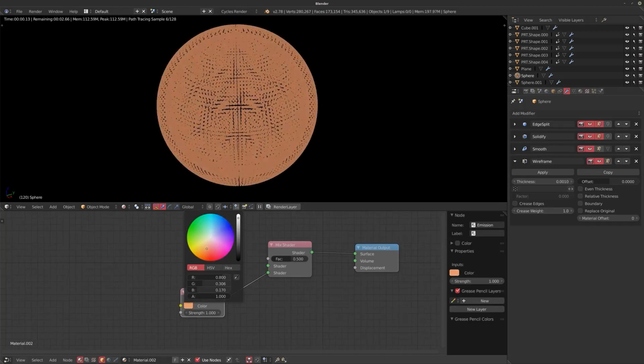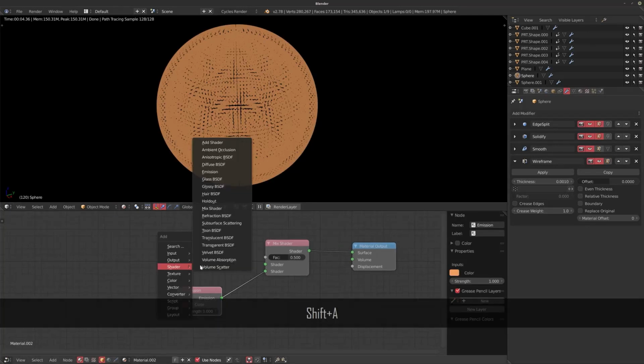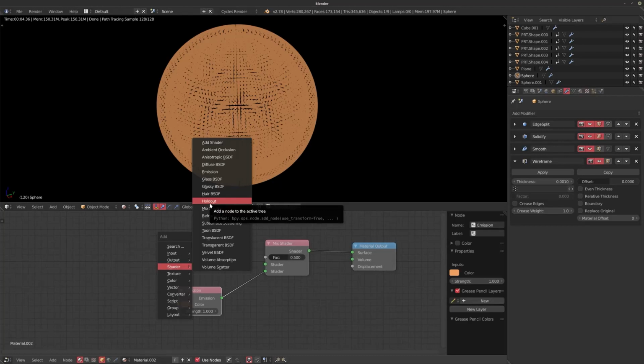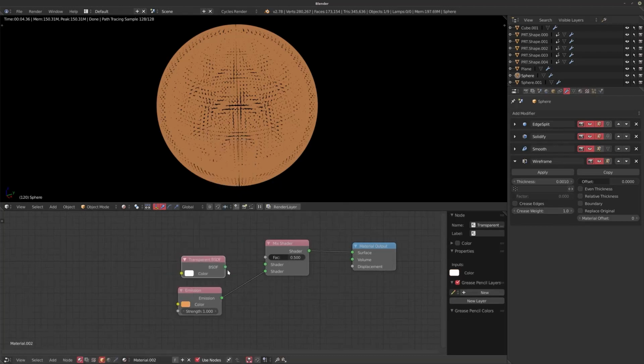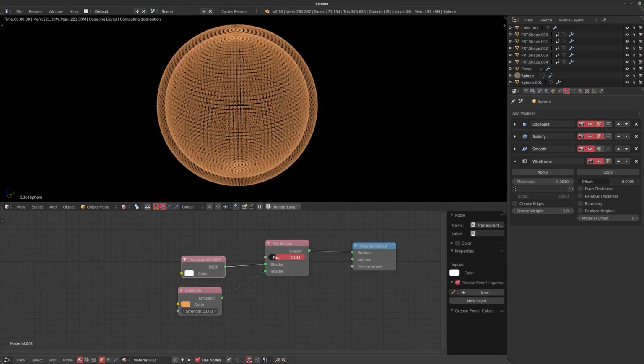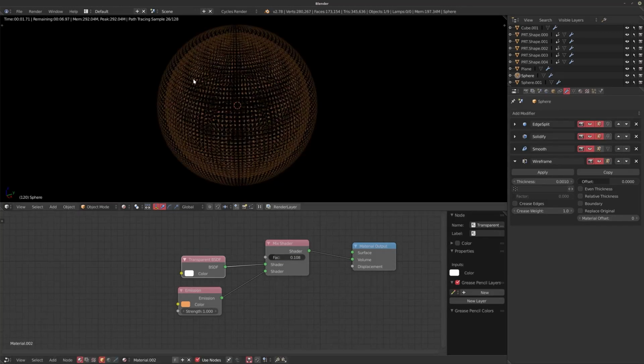I'm going to change this to an orange-ish color. I think it's quite similar to the way I did the globe in the middle, but I'll show you in just a second. There we go. And the other shader I'm going to grab is a transparent shader. And now if we look at this and only mix in the emission a little bit, you can see it has this really cool holographic feel, and we're just using a surface shader rather than a volume shader. If you have these individual polygons and you're not able to use a volume shader, if I pipe it in, then it gives weird results.